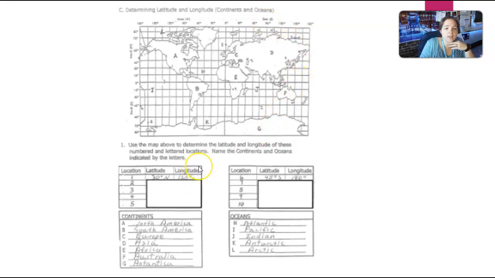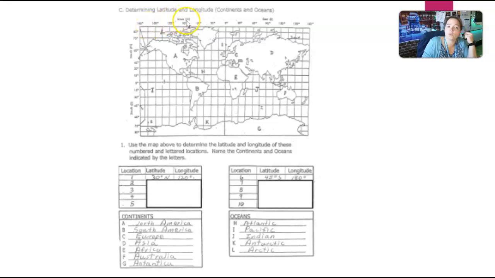And then number 5 is down here. It is south, so it is going to be in between 60 and 75. Guesstimate, I'd say 70 degrees south by